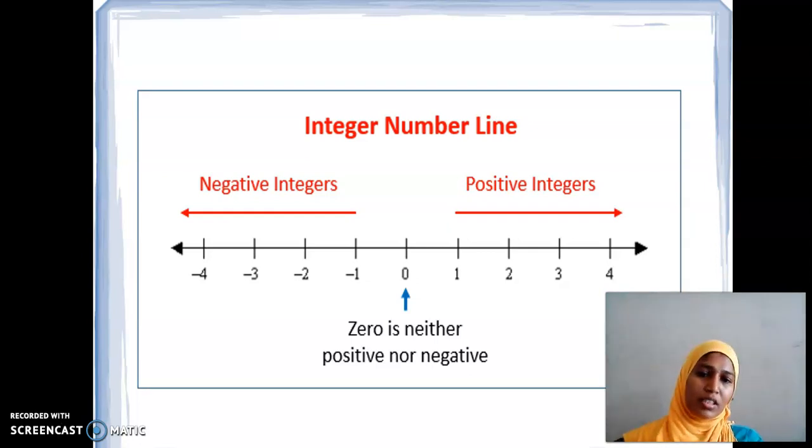-1 is smaller than 0. Clearly listen here, -1 is smaller than 0. -2 is also smaller than 0. -3 is also smaller than 0. So, is -4 greater than 0? No. -4 is lesser than 0. Hope you are clear how the numbers are represented on a number line and how it has its own effect.